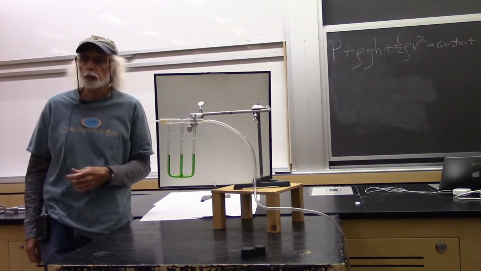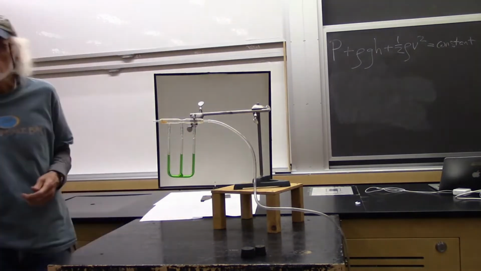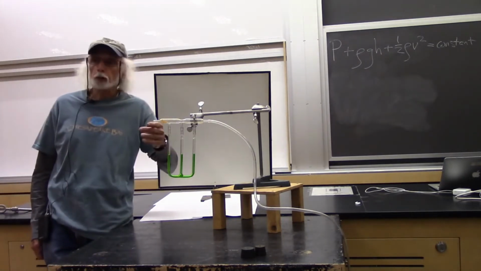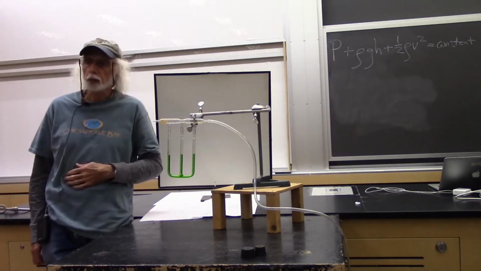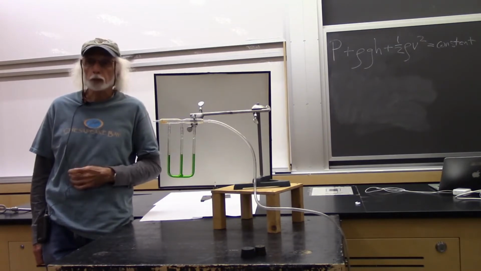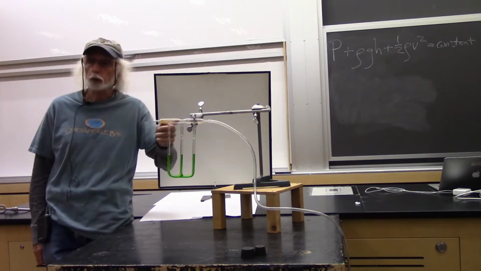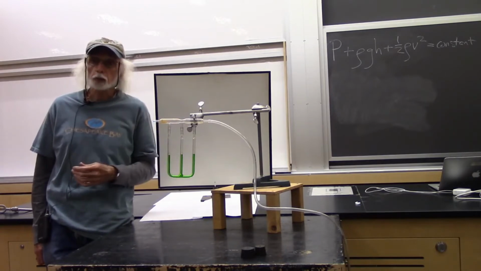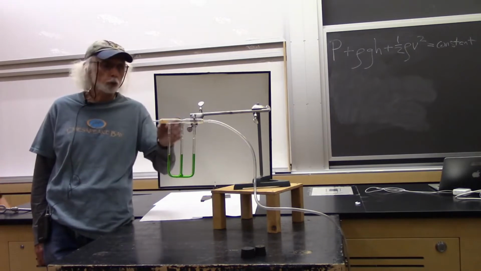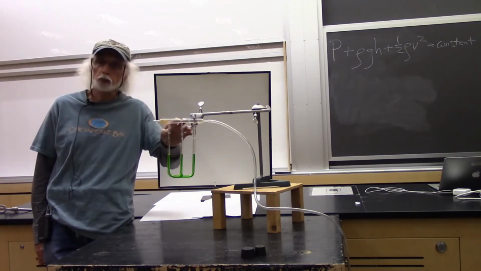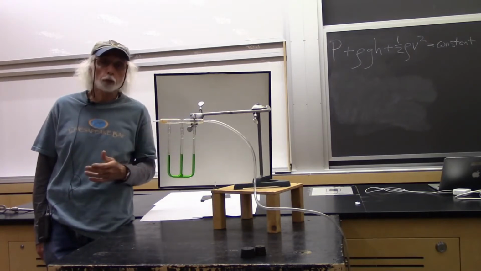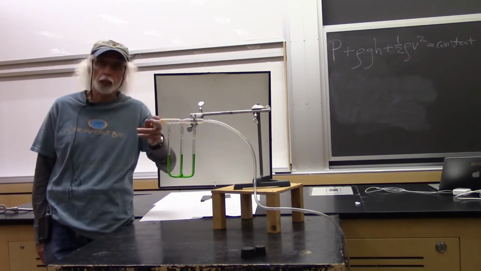If you've been paying attention to Bernoulli's equation, you can see it on the blackboard there behind us. You note that there is a velocity term near the equal sign and a pressure term. You will also note, and it's not accidental, that we have set this up horizontally. And setting it up horizontally, we have removed the H term. In other words, what goes on in any place here has the same height as what goes on in any other place. And so we're really going to look at the relationship between the pressure of the air and the